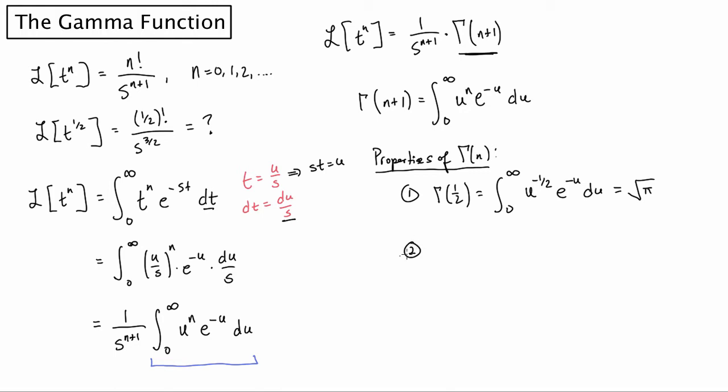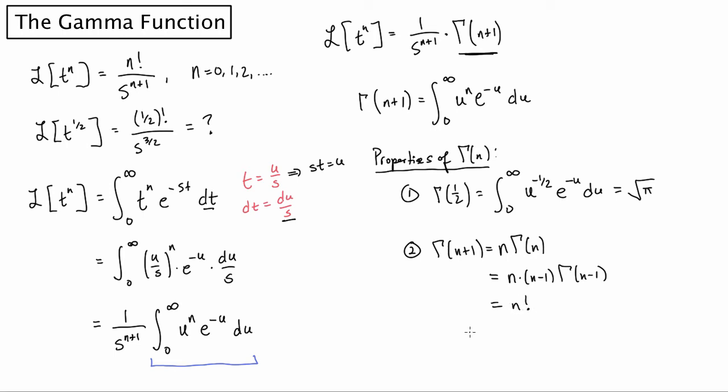But by far the most important property for us here is that the gamma function of n plus 1 is equal to n times the gamma function of n. In other words, when you do one integration by parts, you get the n to come out, and then you're looking at u to the n minus 1 for the next integral. Because of this, they have this nice property that, well, if gamma of n plus 1 is n gamma of n, then that means n minus 1 gamma of n minus 1. And you can keep going through this motion to prove that this ends up being